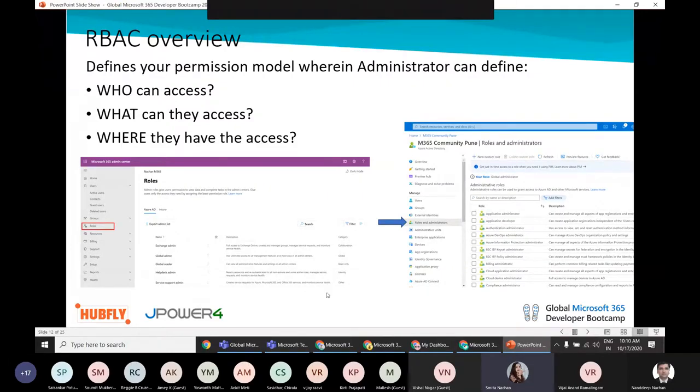Roles are used to assign rights based on the principle of RBAC. That means giving access to resources based on the role of the user. There can be multiple roles assigned to an individual user. So let's go for the demo.